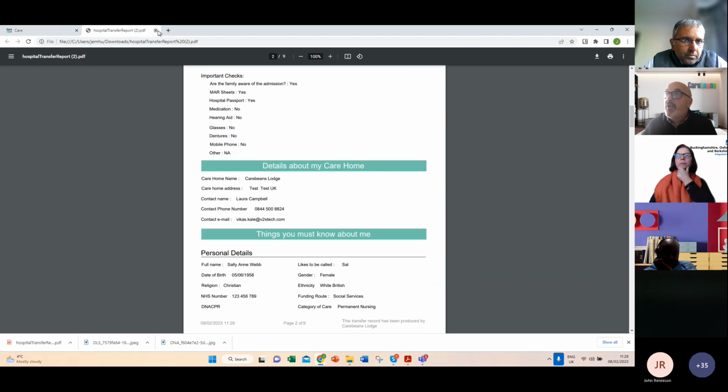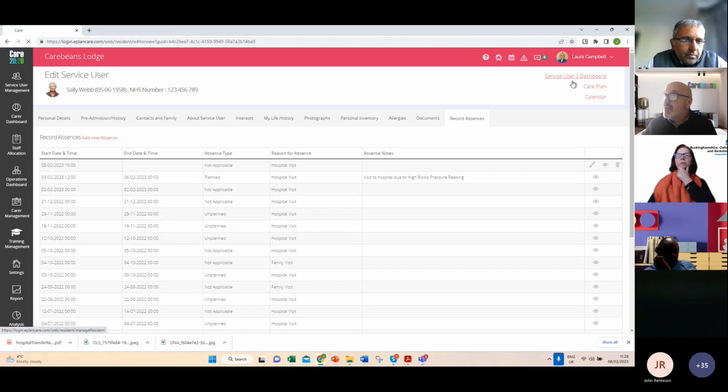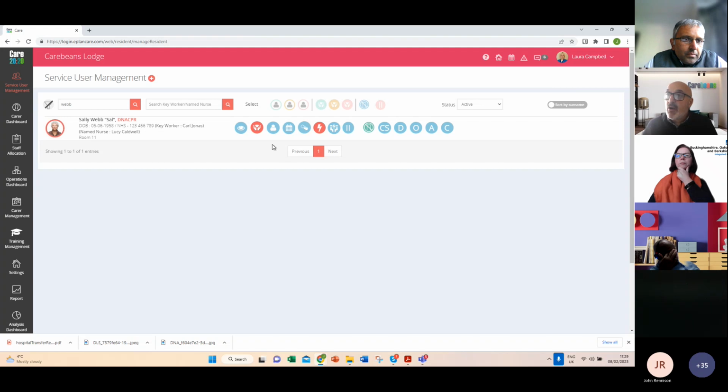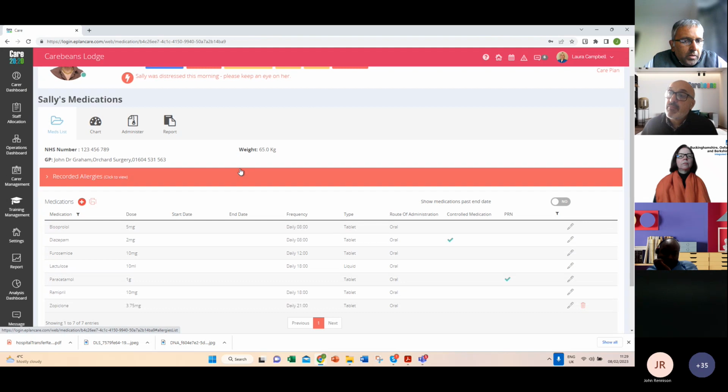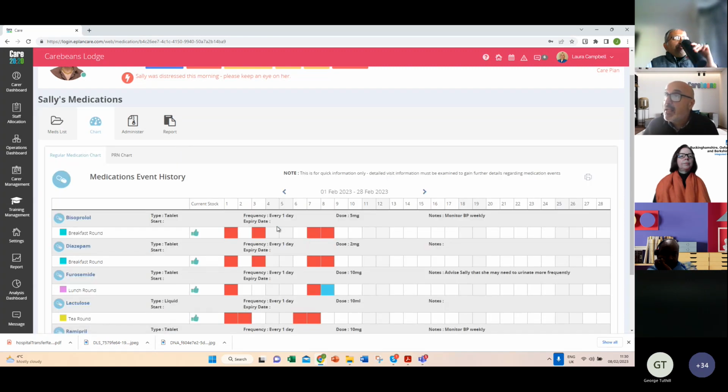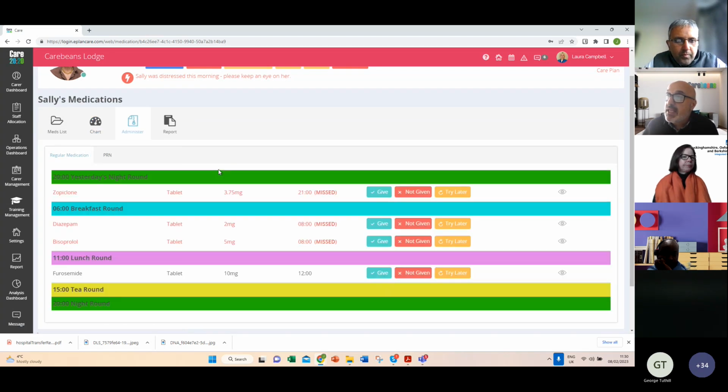So let me go back into some other areas. Now, within the system, and this is across all our services for supported living, for domiciliary care, and for care homes, we do have internal meds management built into the system. In our internal meds management system, you will add the medications in as a medications list. You will have MAR charts here that you can analyze, and from the management point of view, from administering the